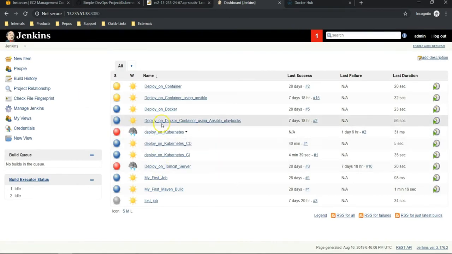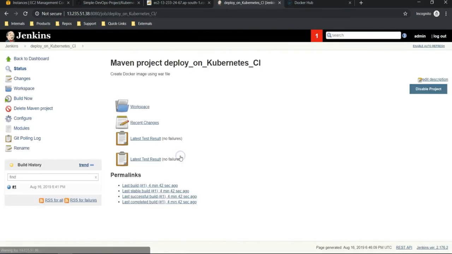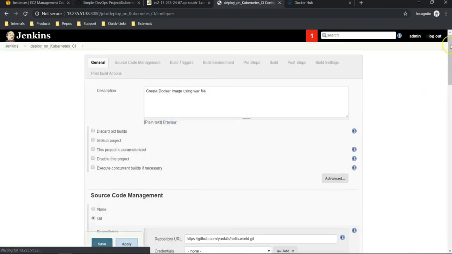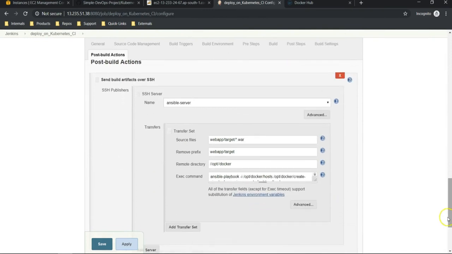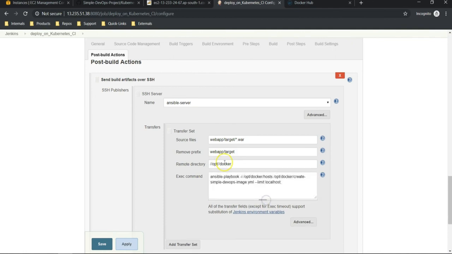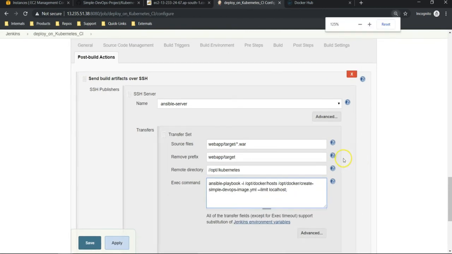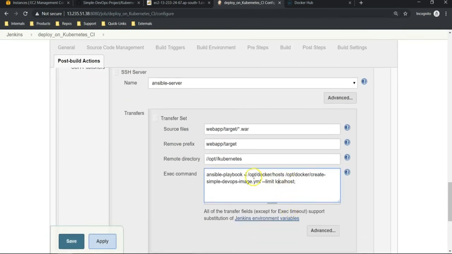Back to Jenkins. So the CI job, right? Configure. We just need to change the path where it should copy the WAR file and where it should execute this Ansible playbook. So we want to copy our WAR file under /opt/kubernetes. Let me increase it. This path name is also going to change to /opt/kubernetes here, because what does it mean?